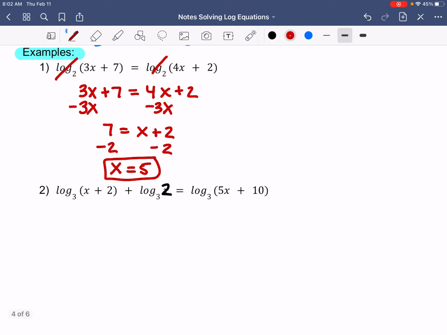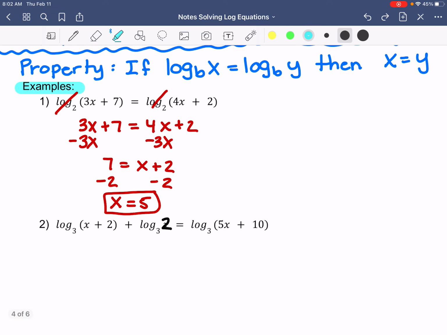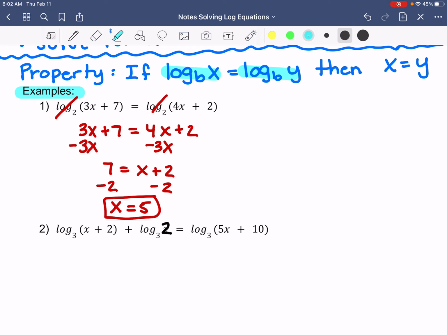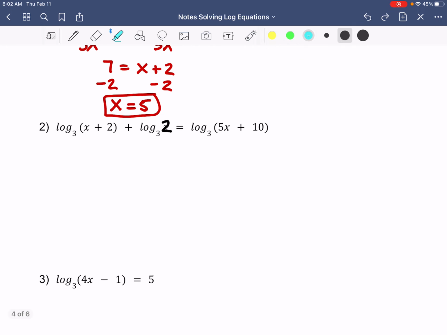So our next example, number 2, says log base 3 of x plus 2 plus log base 3 of 2 equals log base 3 of 5x plus 10. In order to use this property, you have to have one log base equals another log base. You can only have 2 logs. Well, here I see 3 logs. But on the left-hand side, I see log base 3 of x plus 2, and then log base 3 of 2. So when you have a plus sign in between 2 log bases that are the same, you can condense them. We did that last week. When you condense them, if there's a plus sign in between, that means you multiply these 2 pieces. So x plus 2 times 2, you